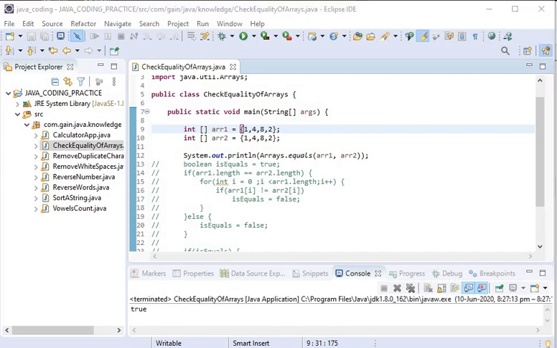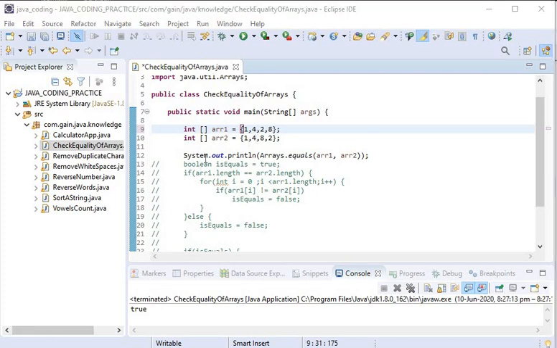But if you want to compare two arrays which have the same number of elements and the same set of elements but in different orders, like 2 is here and 8 is here, then first we need to sort both arrays.